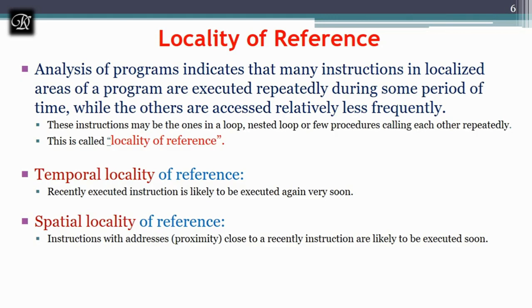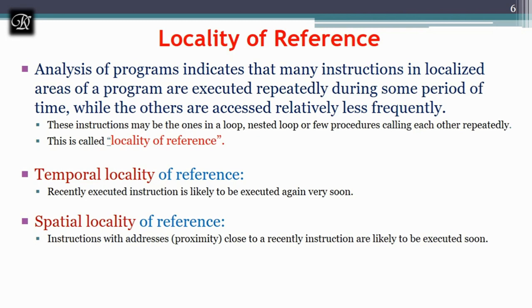But spatial locality of reference is somewhat advanced. Here we again need software support. Instructions with addresses in proximity to recently executed instructions are likely to be executed soon. For example, an array is the best example I can take.